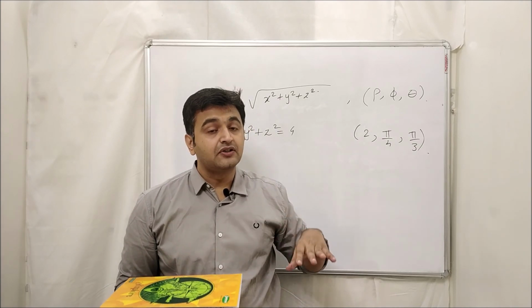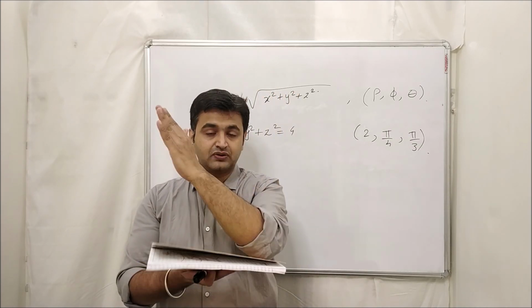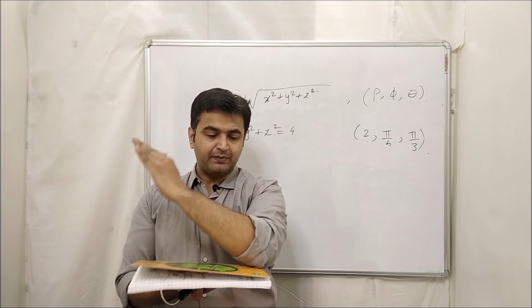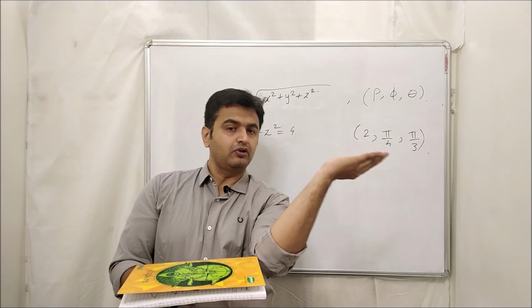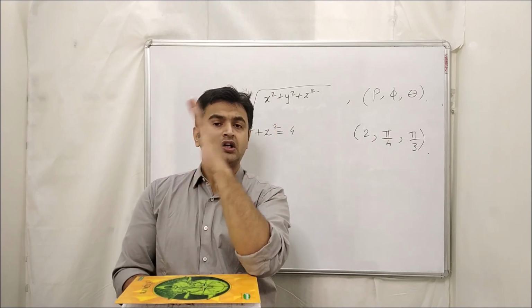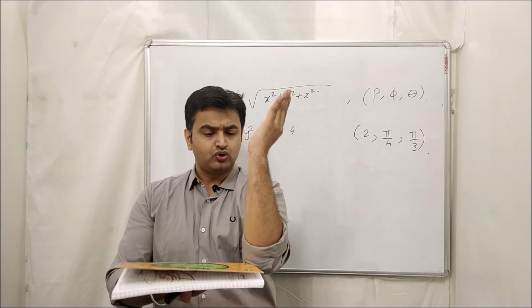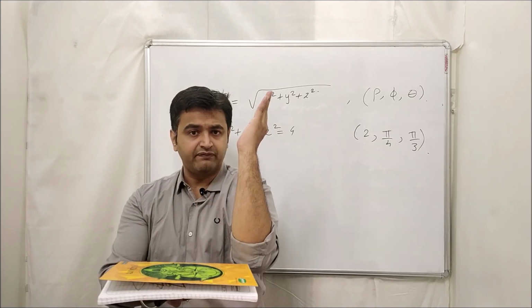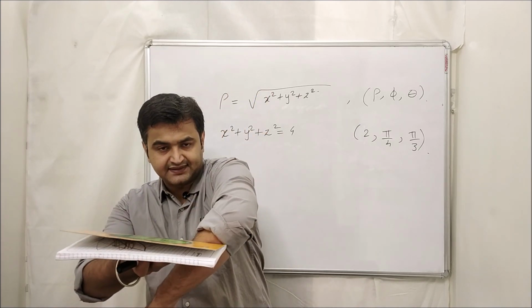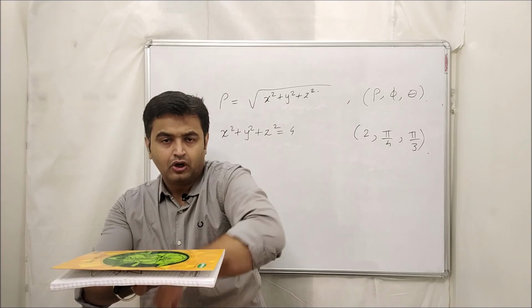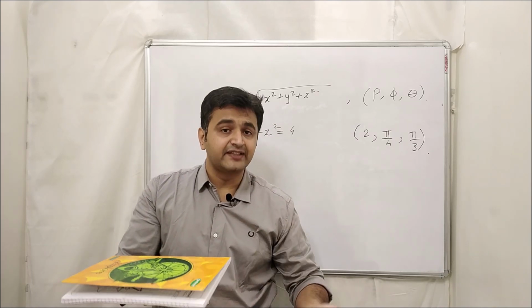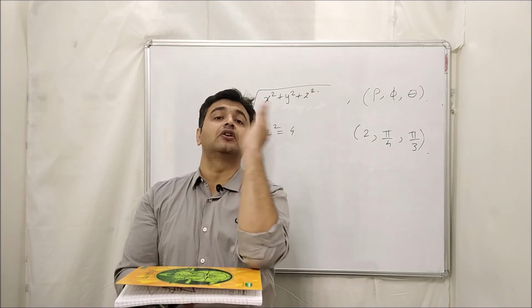Now, why is phi 0 to pi? Because as soon as I have some angle, I draw the cone. So you take pi by 4, or even if you take minus pi by 4, you are getting the same cone. So why go on this side? You only stay till here, because if you take 120 degrees, you have something like this, and then you draw the cone. Or you take minus 120 degrees and then you draw the cone. So you get the same thing, because ultimately you are drawing a cone.